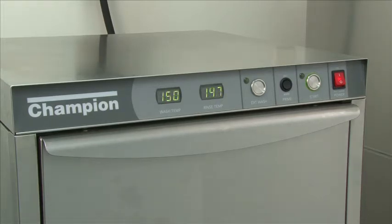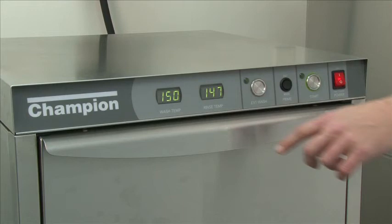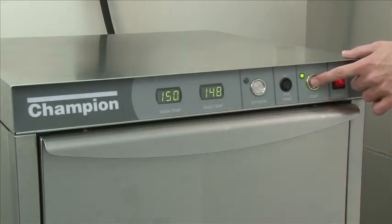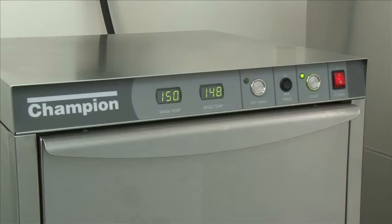Proper wash tank temp for the UH200B, 170B, and 100B is 150 degrees, as you can see here. At this time, you can begin a cycle. Press the start button. The green cycle light will come on. Notice that the rinse temp is showing at 148. The rinse temp only registers during the final rinse portion of the cycle, so you won't see 180 until that